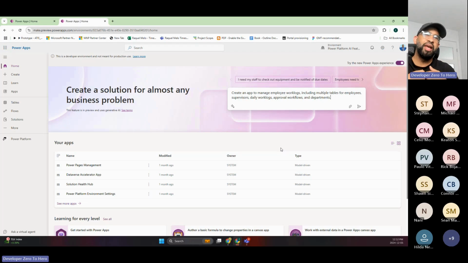You don't want to show up empty-handed. You don't want to go to that kickoff meeting and waste a bunch of time trying to paint a picture to show your customers what an application would look like when built using Power Platform components. You can use this particular feature to get ahead, okay? So we are going to submit this prompt,